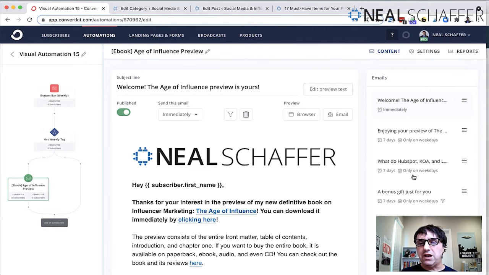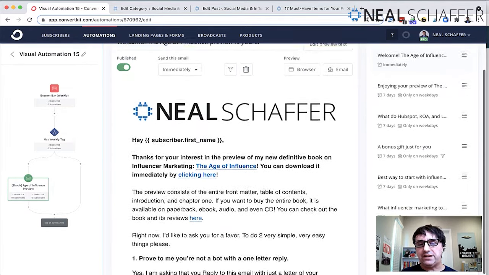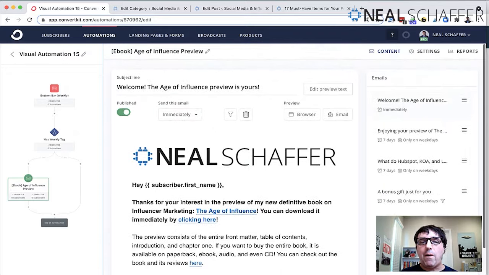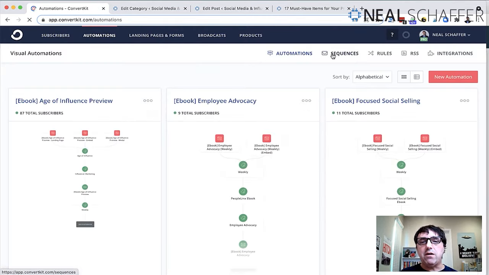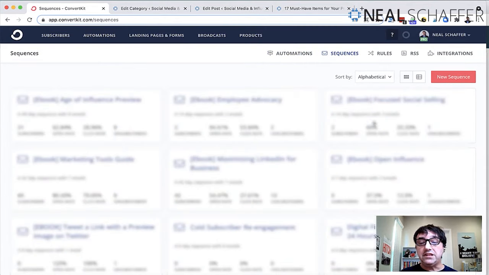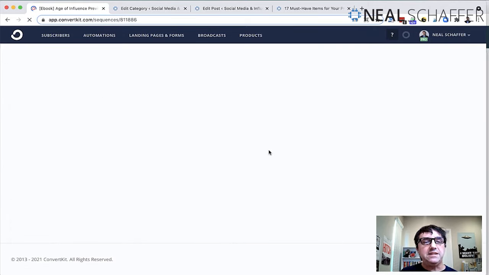So after 7 days, on specific days, specific times, I can build this all out and see it very, very easily. In fact, right now we're in the automation and I'm confirming all this. But if I was to go back into automations, and go into sequences, this is where it looks like that landing page form is, because for every landing page form I have a sequence, but I can go back in here and this is where I can easily edit the sequence.